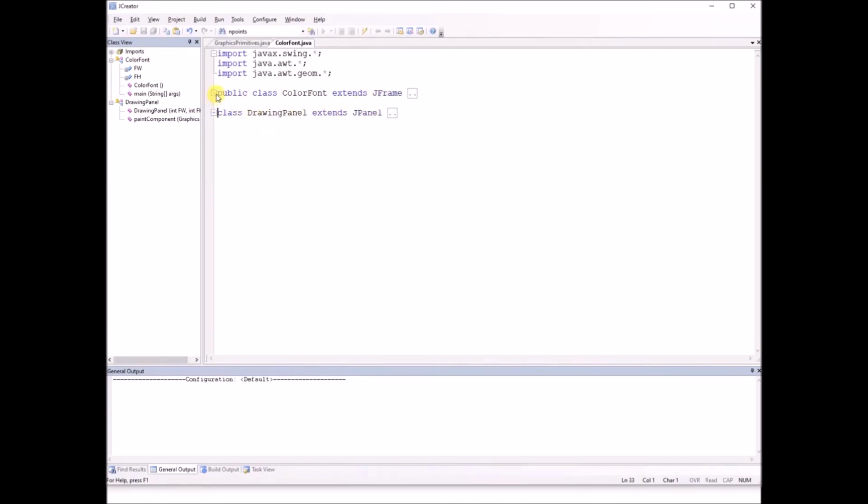I told you that the first class, ColorFont, is public and it contains the main method, and the constructor for this class is going to remain the same as we discussed in the class GraphicPrimitive.